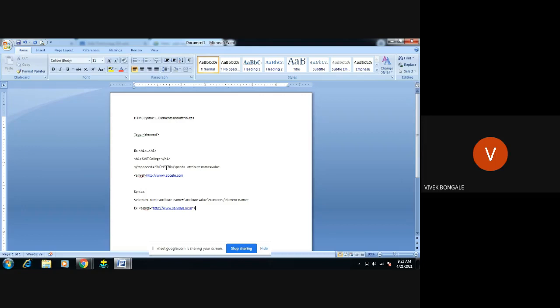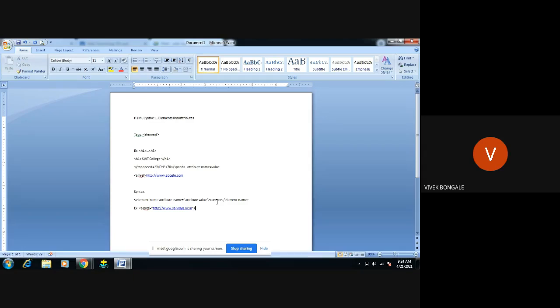Then content. Why we require this content: for example, I'm trying to take this particular link from another document, so I need to follow the document also. For document purposes, this content may be in the form of text or it may be in the form of another element. Basically, if we use the anchor tag along with the hypertext reference, we usually give the content in the form of text only, because after linking this particular page, that particular file should be in the form of text only. That is the reason I'm giving this content as some other value.